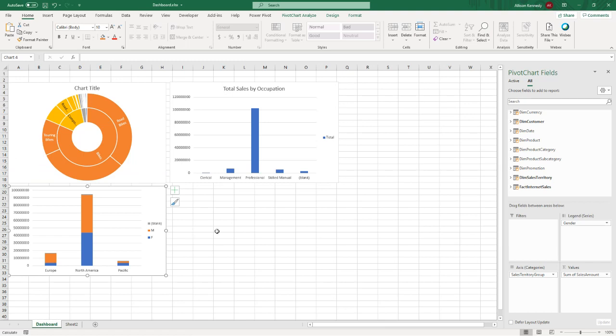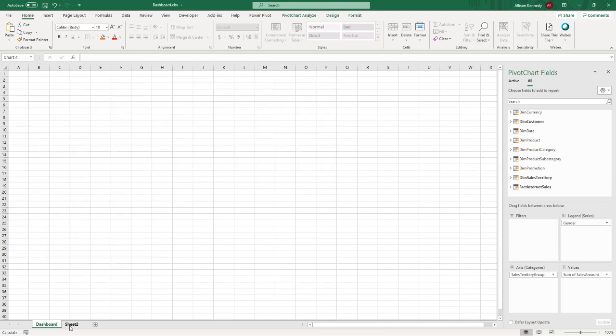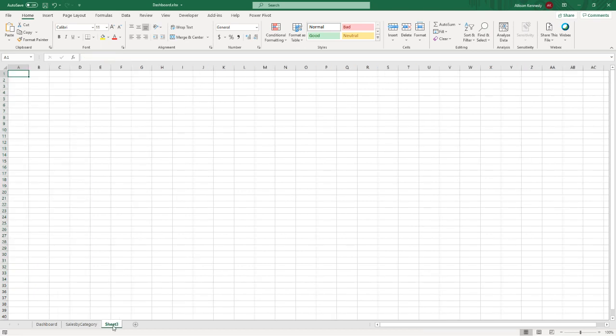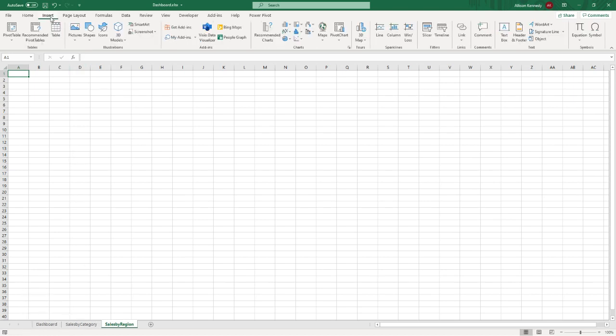Okay. Again, a map is one of those types of visualizations like the sunburst that does not work with my pivot data. And so what we're going to do is just like we did here, this is going to be sales by category. I'm going to create another tab that's got sales by region. All right, so like I said, I'm following that rule of having one pivot table per sheet. So I'm going to insert another pivot table